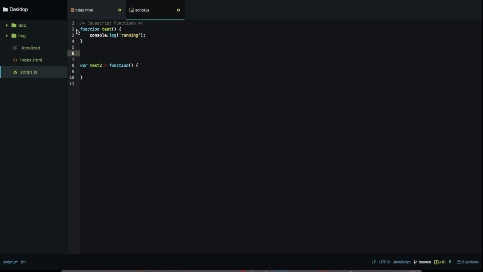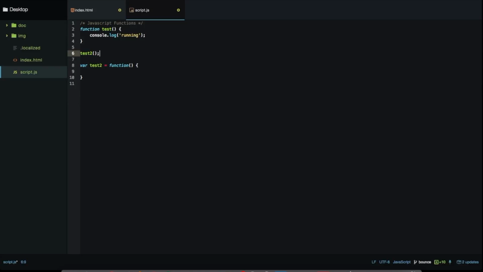And there's a couple different ways that these two are different. I renamed this variable here to test2 so it's not confusing. A function declaration, like the one we have up here, is hoisted. There's something in JavaScript called hoisting, where the functions that you declare are actually hoisted to the top of your script. And JavaScript is interpreted from the top down. So we have our function declaration test up here, and we actually have our function expression, the variable test2, down below it. If I was to call this function test2 right here,